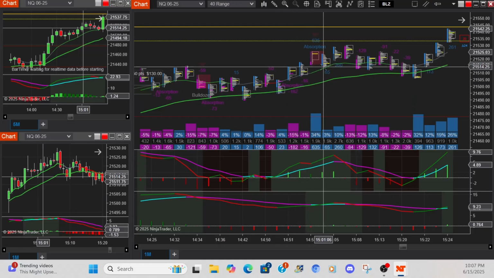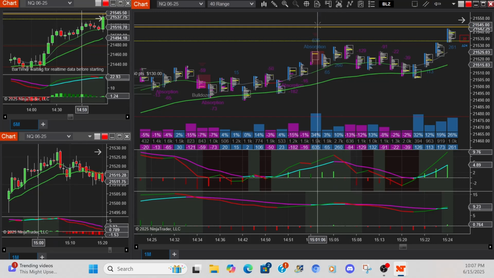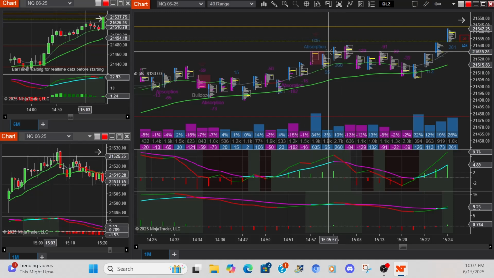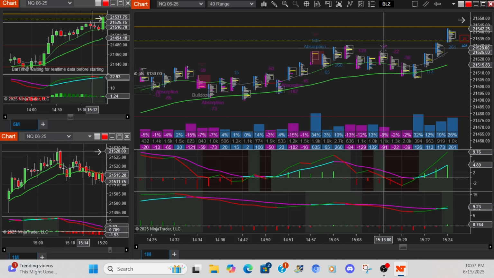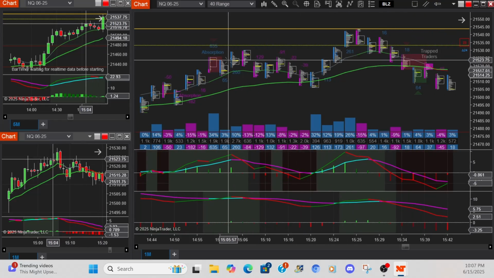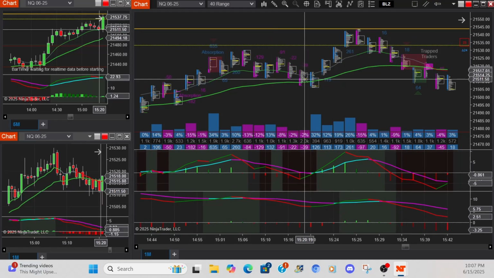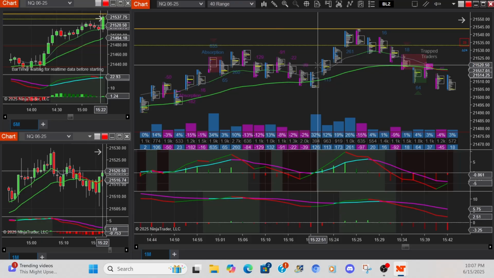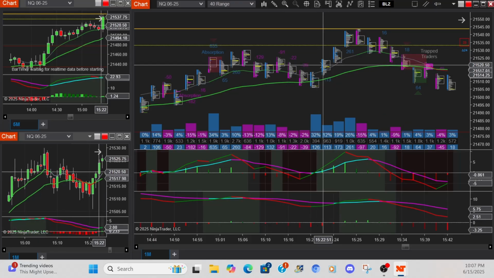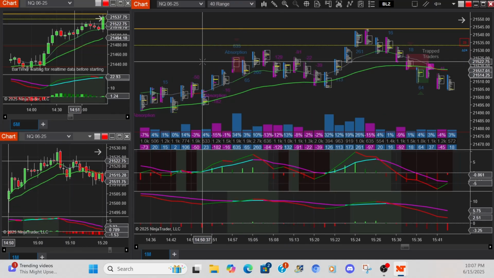Absorbing 182 to keep moving. 635, that's a wall. It came back down, starts pushing back up again, and then as we're here,